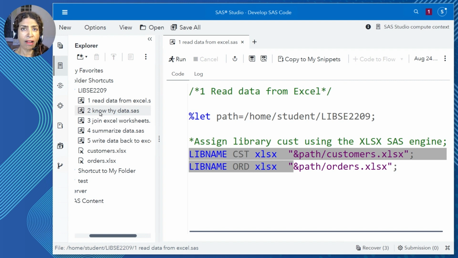Whether you call yourself a data analyst, whether you call yourself a data scientist, regardless of your job title, if data is central to the work you do, then there is no magic pill that will forgive you for not knowing your data. And that's what we're going to do in this second segment of my presentation. We're going to learn to get to know the data of these two data sets.